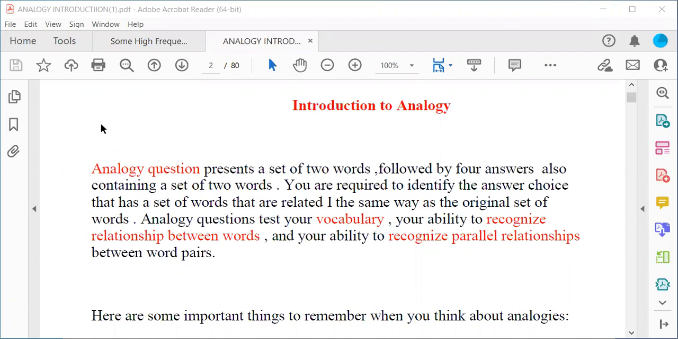Today I'm going to introduce a little video for you about some tips that are very important in answering any analogy question. As you know, an analogy question usually presents a set of two words as a question, followed by four choices, and the student's turn is to find out which pair or which choice is the same as the first pair. Let's introduce these